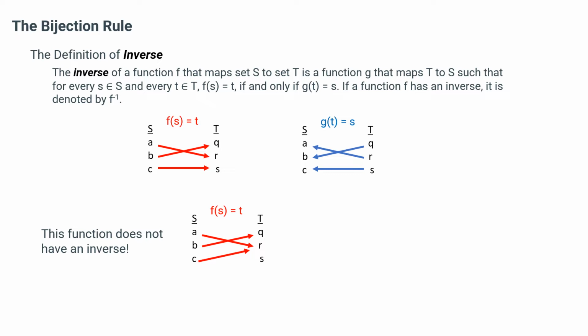Remember, that's what would keep it from being a function. But that's not the case. It's just that we have an element in the range that has two mapping to it. So that would not have an inverse, because if we tried to map from R back to